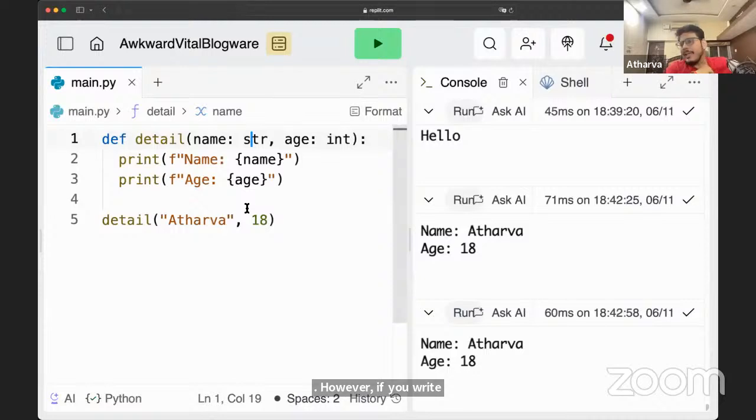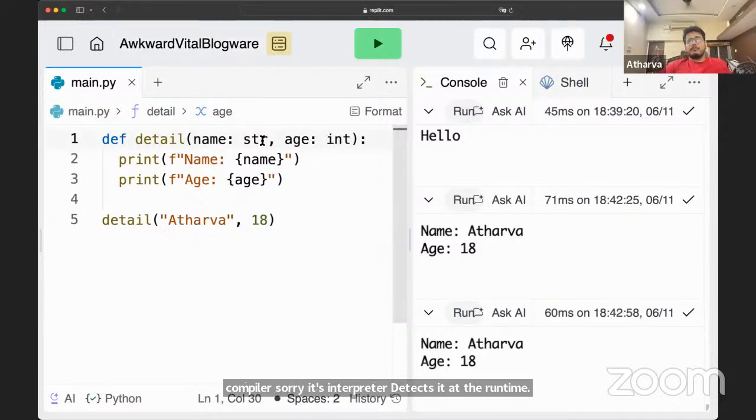But in the Python world, apparently types are not so common. People don't write types in Python a lot because it is not a strongly typed language. Now, what is a strongly typed language? Where you are forced to write types of each of the elements and parameters that you are using. In Python, you don't need to do it because Python infers it. What does infer mean? Its interpreter detects it at runtime.